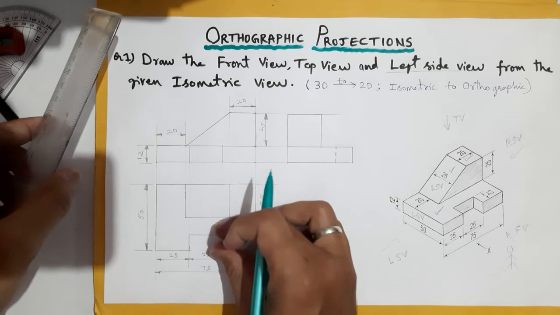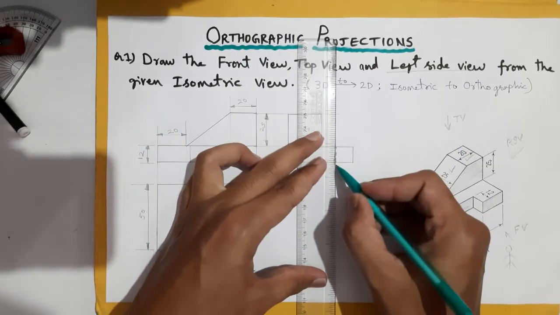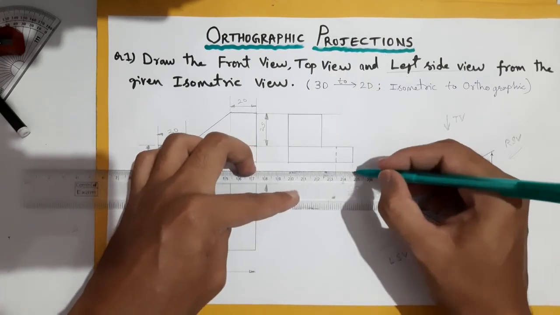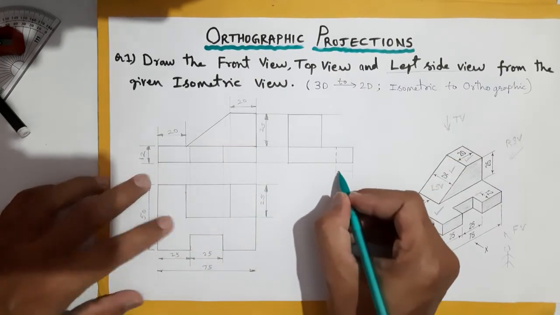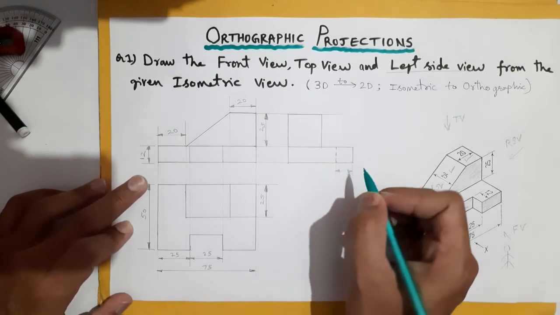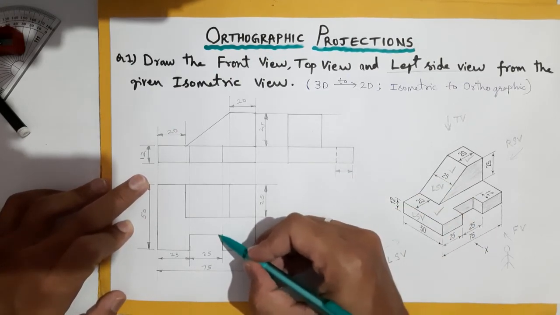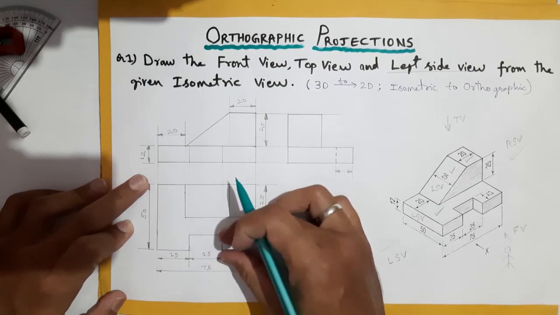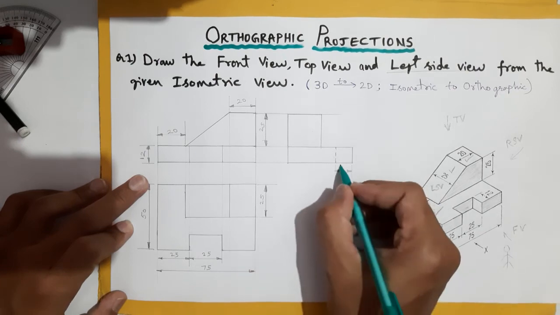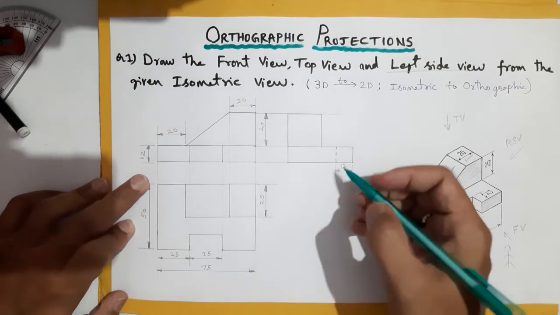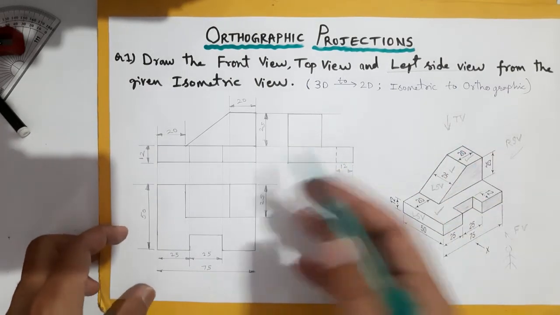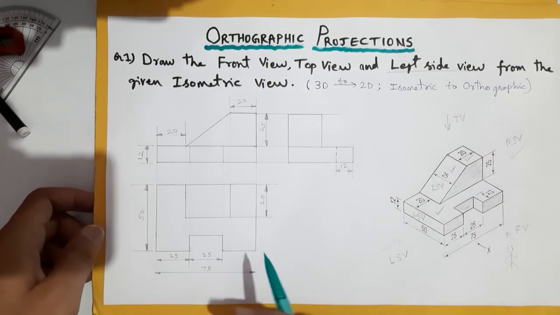You can put slot dimensions here, or if you think that here nothing we have done, you can have slot dimensions here also. But the preferable thing is that you should do the dimensioning as per the dimension rule. You should do the dimensions with respect to visible edges. This is visible, this is visible. It is better to put dimensions here by taking like this 2 lines and 12. Just I am putting here. This is also okay, but here hidden edge is there. With the hidden edges, generally we won't take the dimensions. To distribute equally, we have kept the dimensions this side.